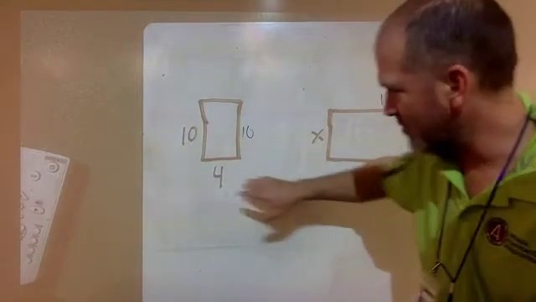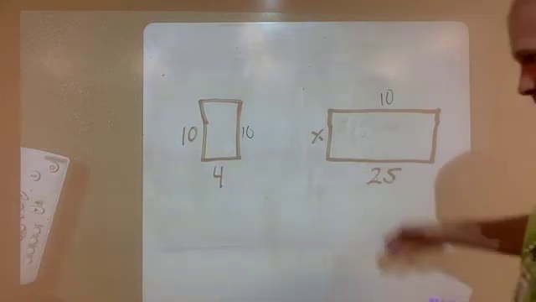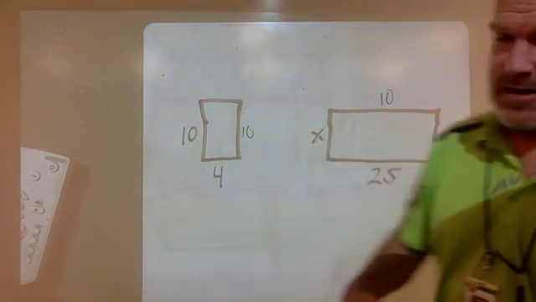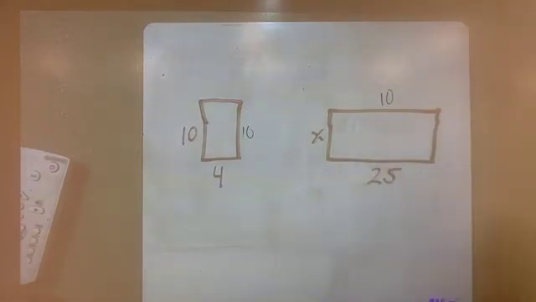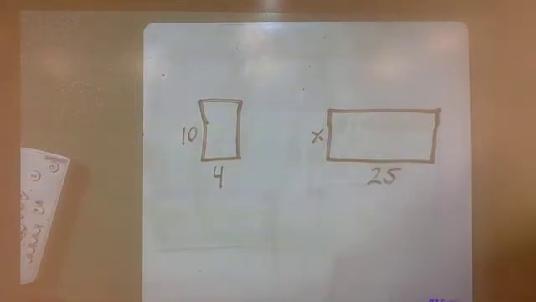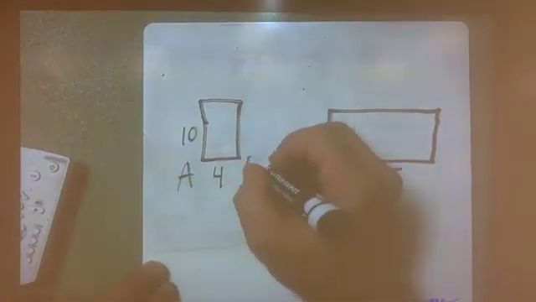If you thought the 4 went to the 25, you might say that's over 6 times bigger. And then that would throw off your calculation. So you got to match up the correct sides. Another way to match up the correct sides is sometimes they'll tell you the letters of the rectangle of both of them, and then you match up the letters like you did